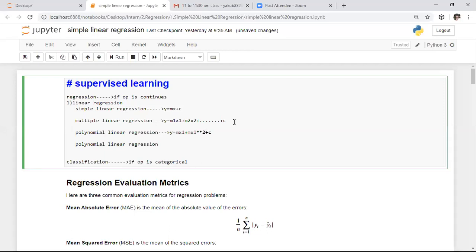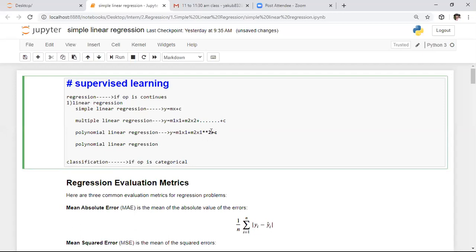So in this case, I am considering only one parameter, that is, in the degree I am keeping only 2. Whatever degree you want to keep, you can keep based on your requirement. So the equation will be like this. Initially we need to specify c, then m1 x1. Here we need to modify the parameters only. Coming to this, m2 x1 square.